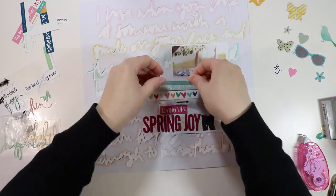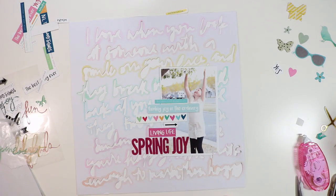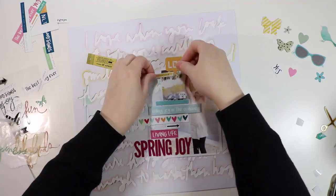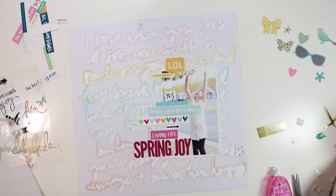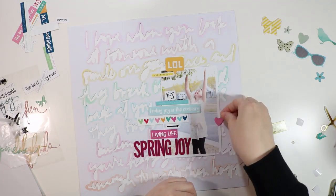So I am popping up the Finding Joy in the Ordinary just a little bit with some thin foam squares, because I want that particular word strip to stand out a little bit more. So I'm still a little bit undecided as to what I want to do with the yellow or with the greenish portion. And so I'm going ahead and adding my yellows,